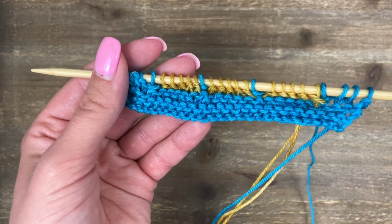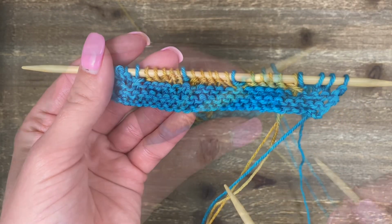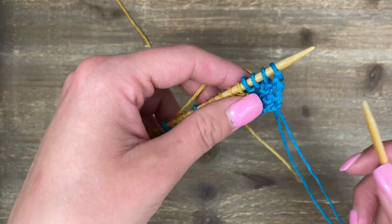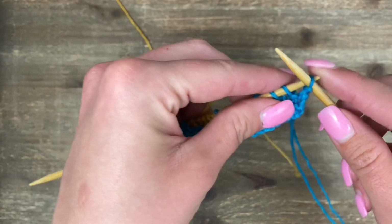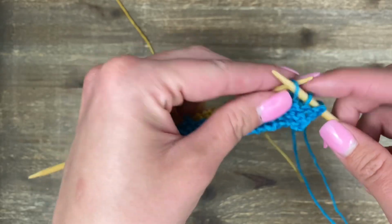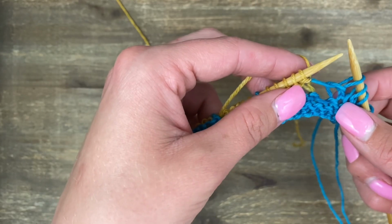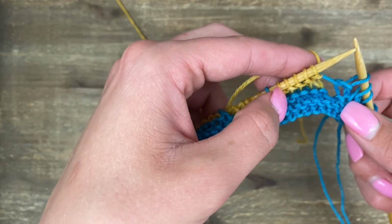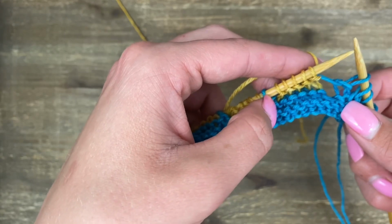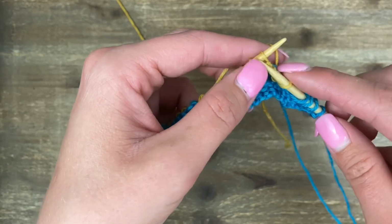So I'm going to follow on with the chart and just go over a few tips and pointers here and there. So now I'm ready to work a gold row, row 5, and so I'm going to slip all of these blue stitches until I get to my gold. Now my repeat this time is going to be slip 1, knit 3, those 3 center, and then slip 1 and slip 1 of the blue. So go ahead and slip that first gold,